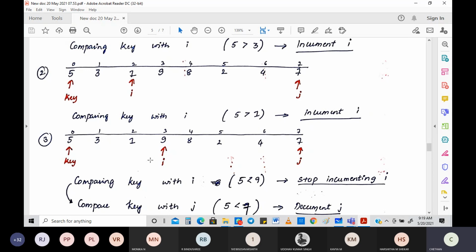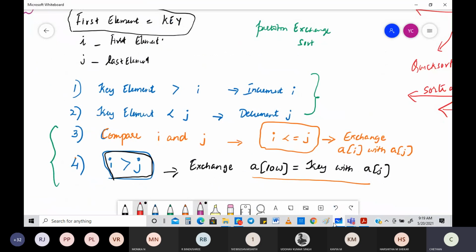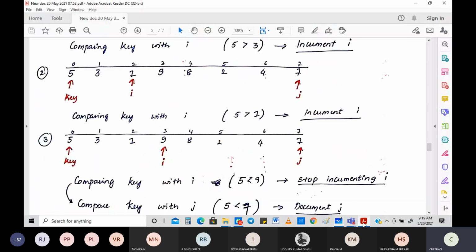Because at the end, everything towards the right side of the key element should be more, and everything towards the left side should be less. So when the rule is like this, I will be going with I very much less than the key value, and J very much greater than the key value. It's the same thing I'm doing right here. Now you see, I'm decrementing J.